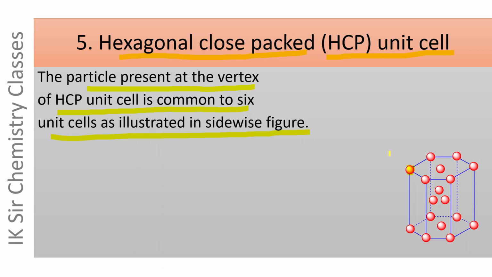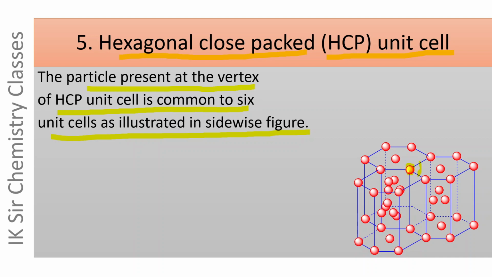There are 12 such particles which are present at the vertex: 1, 2, 3, 4, 5 and 6 on the top hexagonal face, and 1, 2, 3, 4, 5 and 6 at the bottom hexagonal face. This particle is present at the vertex of HCP unit cell. This angle is 120 degree, and hence this particle is common to 3 HCP unit cells in the same plane. This particle is present in all these 3 HCP unit cells in the same plane, and